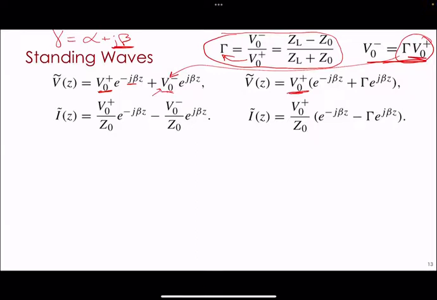We want to calculate the magnitude of the voltage, because the envelope is the overall magnitude of the voltage at different points on the transmission line. So we have to calculate the magnitude